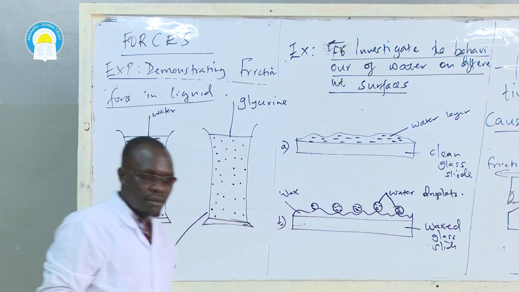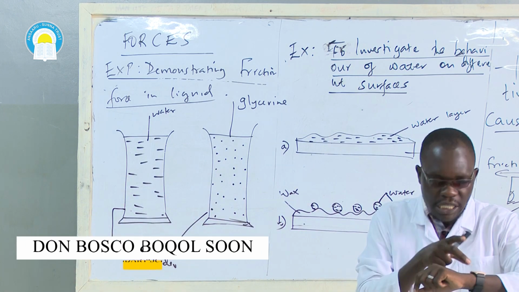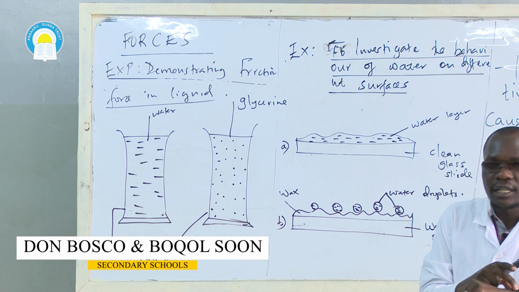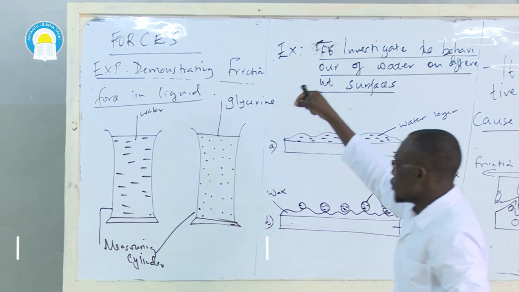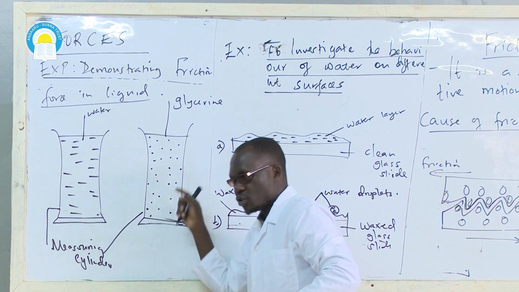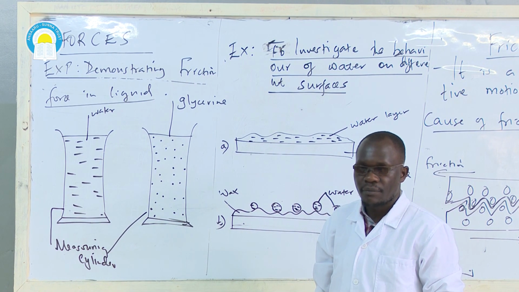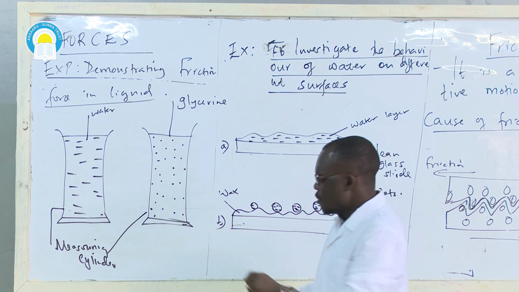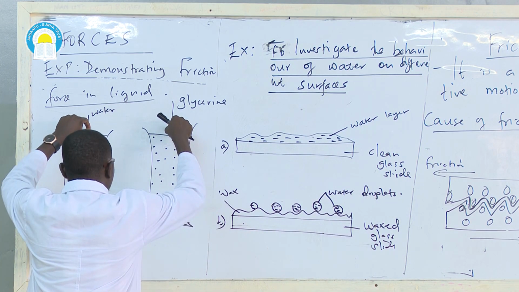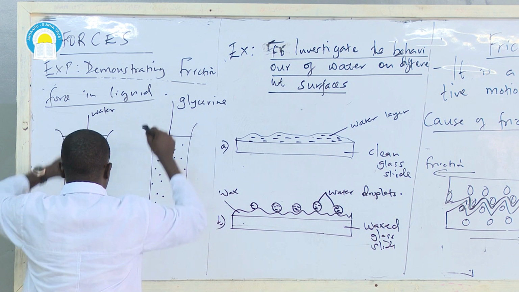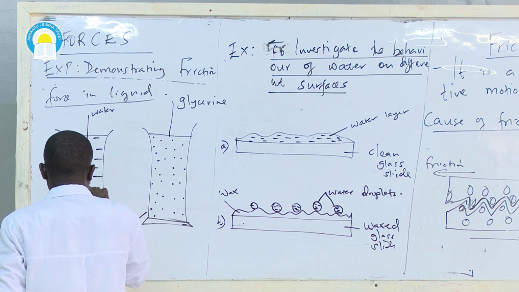And the moment we are releasing them, using a stopwatch, we want to time how long it will take for the ball to move through the liquid to where? To the bottom end of the measuring cylinder. So if you release the balls in the container at the same time, you will find that the ball bearings are moving through